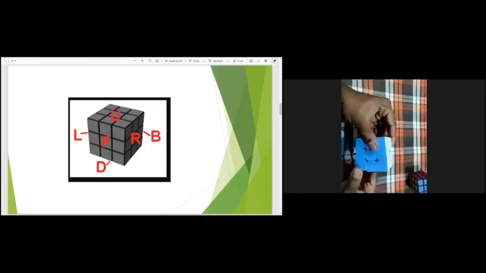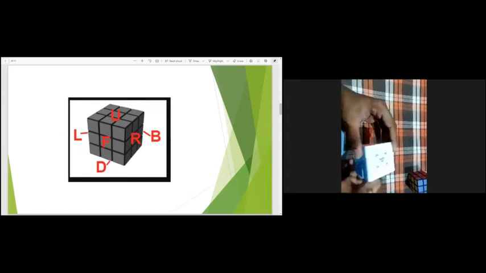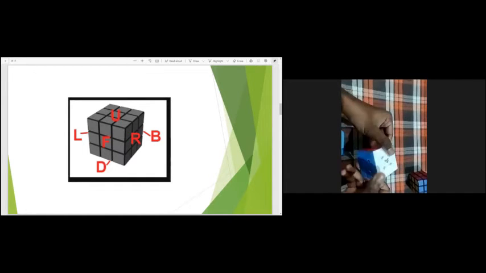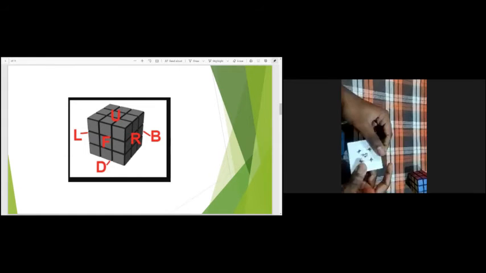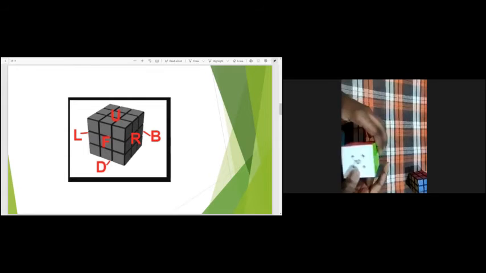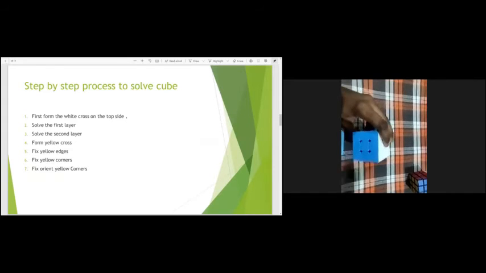Then this is D, and this is D inverse. Then this is F, which is front, and this is F inverse. These will be applicable in the formulas which we will see further. And this one is bottom. We don't use this one in this method. Mostly we use the five sides only.